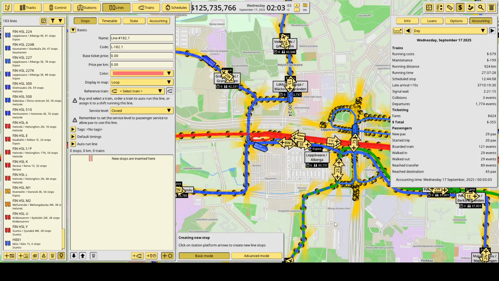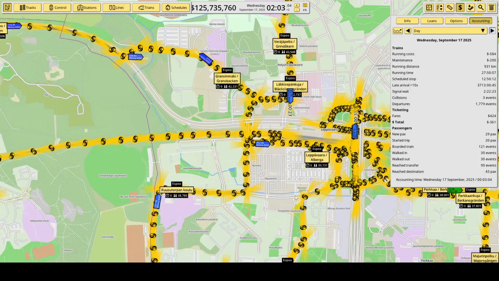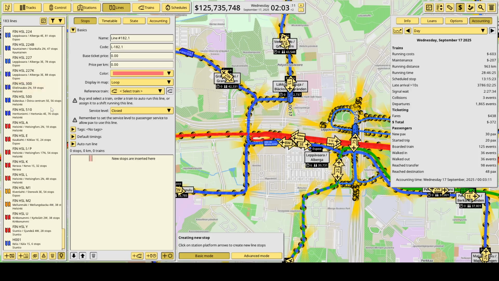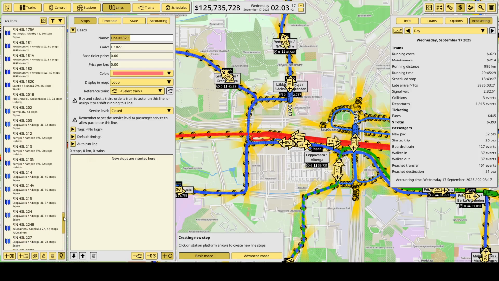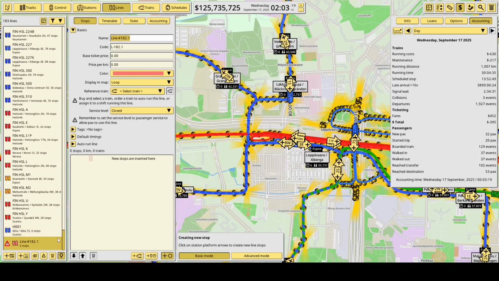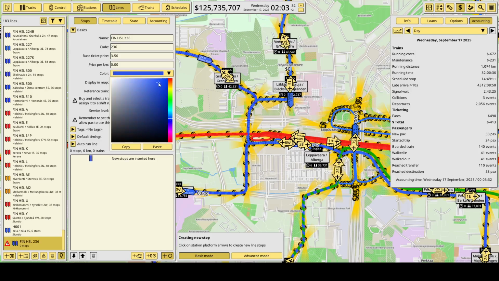Oh, what happened? Oops. I seem to have accidentally opened the menu. Well, so, like I said, 236. Not 237. Traditional pricing, of course, no surprises there, and there we go.